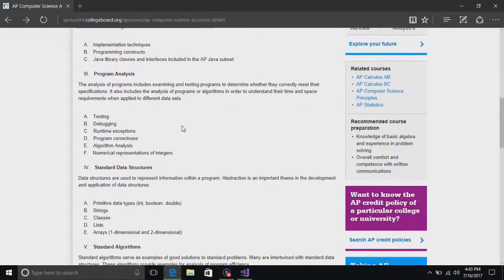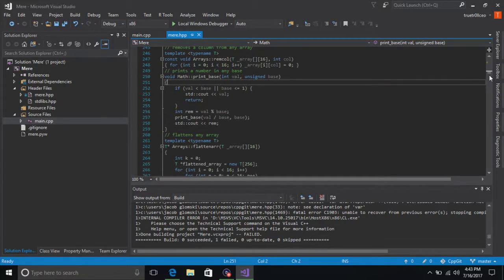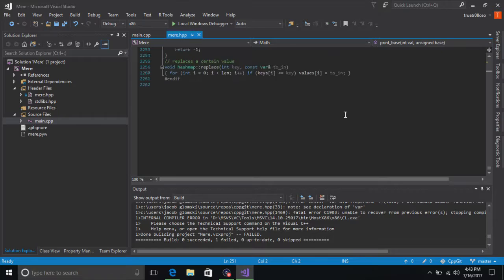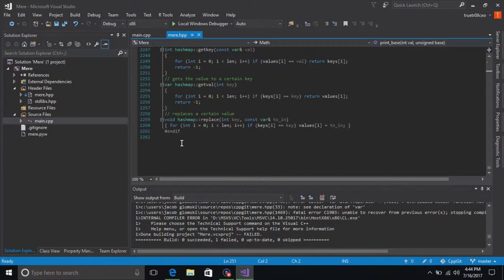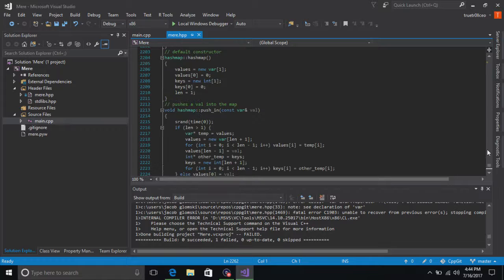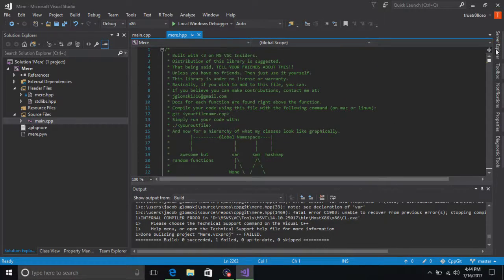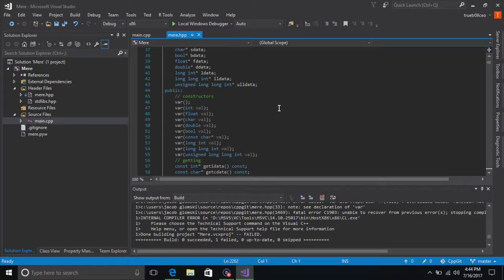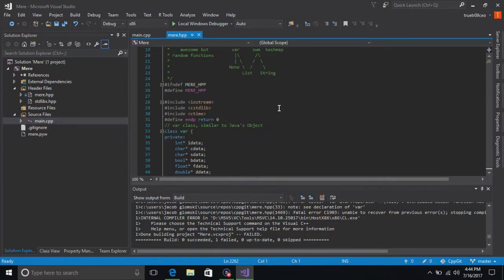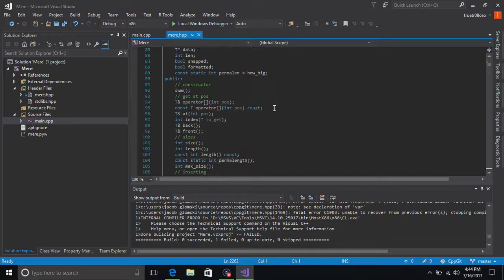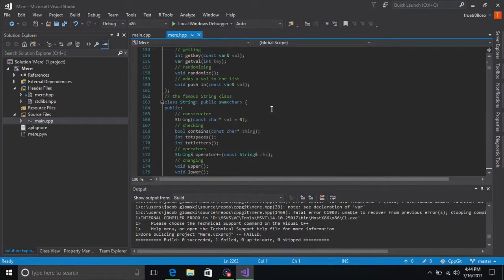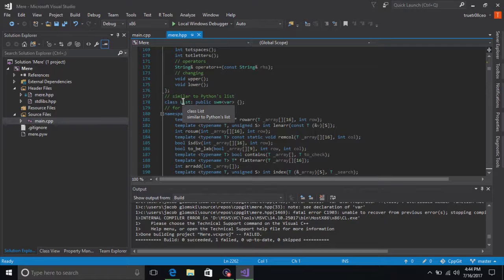Now, if you must know, my program is available on the internet, on GitHub, just known as CPP-Git. CPPGIT. Okay? Boom. Now you know. It's got pretty much everything. In C++, we don't have lists, which is like an array of anything. But I made it so that you can have a list. And it's called list. Whoa.